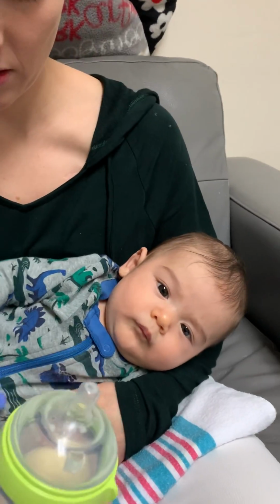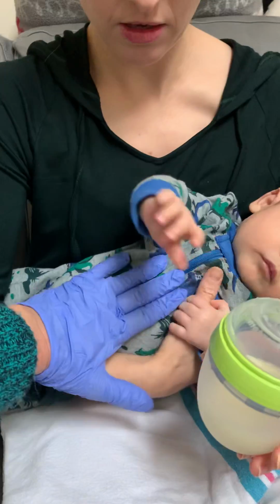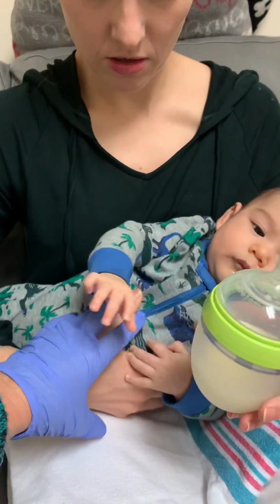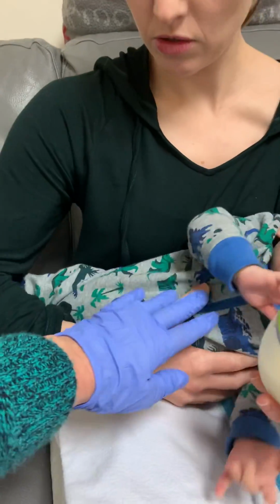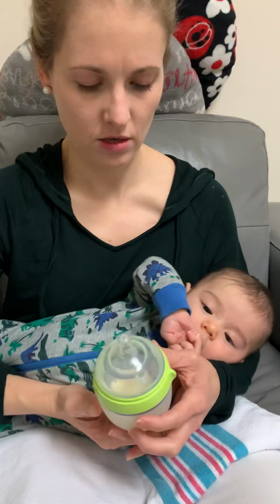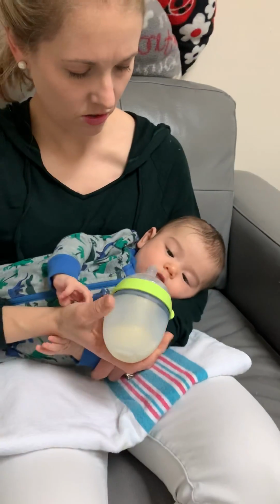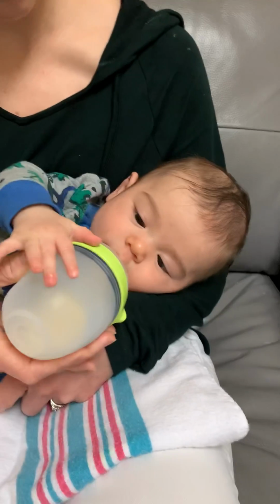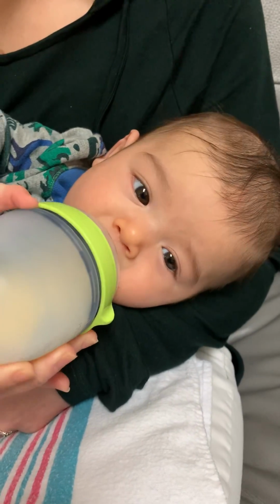And I like this arm right here, to kind of hold his belly, right about here, as you're holding the bottle. So you're using your whole forearm to put pressure up against his tummy and up against his back. It kind of feels like you're holding him in a breastfeeding position, but in the opposite direction. Do you see that? Yes. And then you're going to offer, rub the nipple down his nose and past his lips,